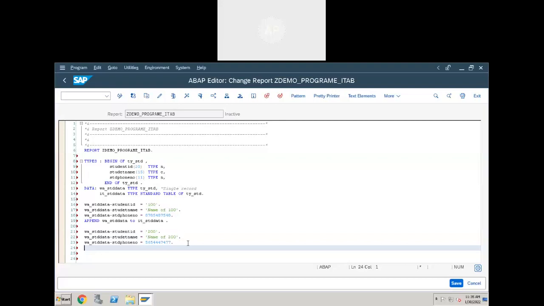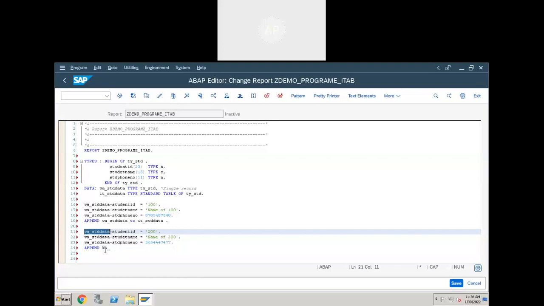What is the statement we have to use to add this work area record to the internal table? Append statement. Append work area to internal table.